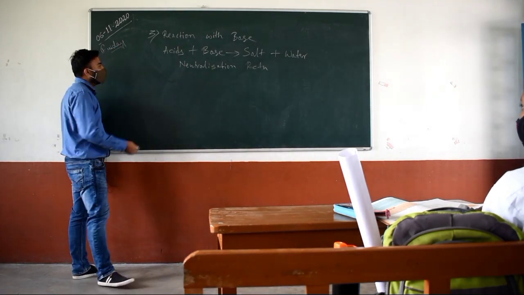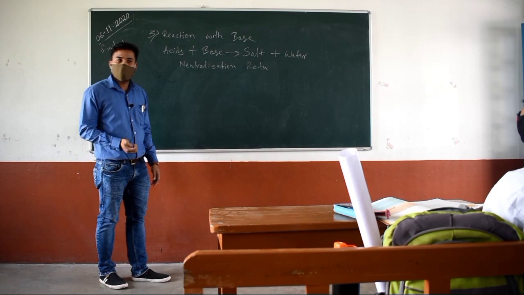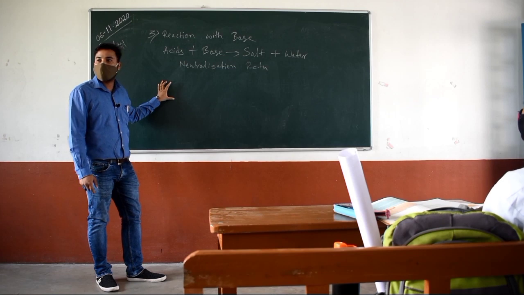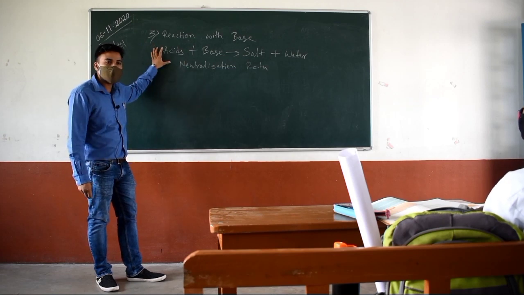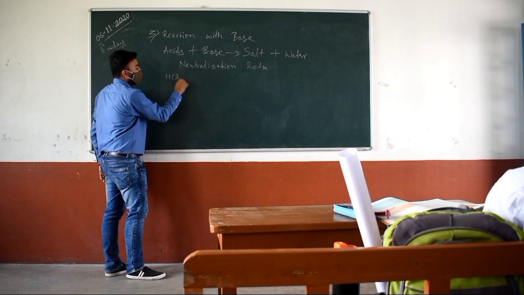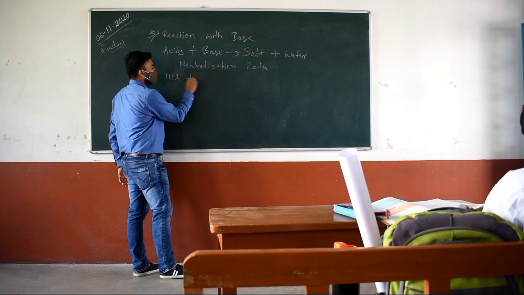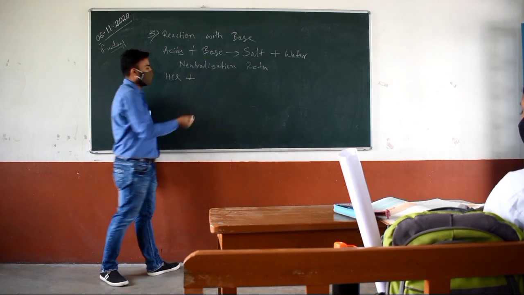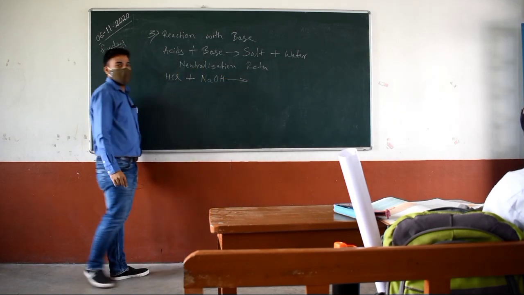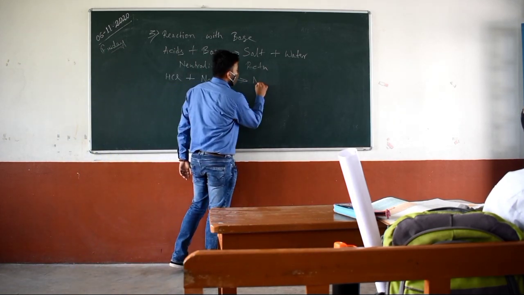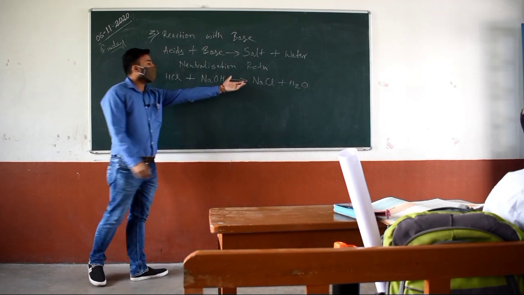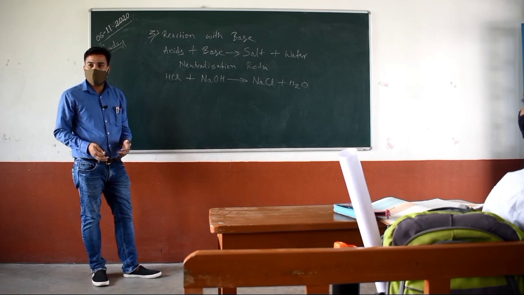So one example, we also need one example. Yes, as I have already told you, we have to know the general equation and one example at least, right? So this is the general equation. Example will be, for acid we can write what? HCl, common acid, right? HCl. Then for base, sodium hydroxide, okay, NaOH, then NaCl. So do you know how it is forming NaCl and water, right? It is forming NaCl how? Do you know?